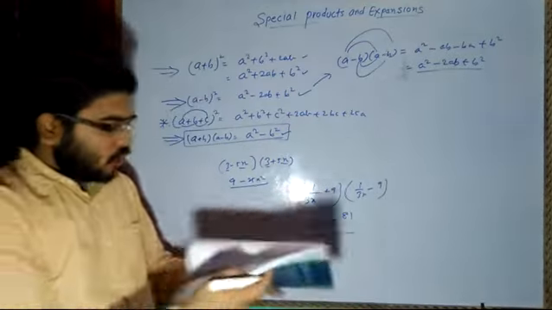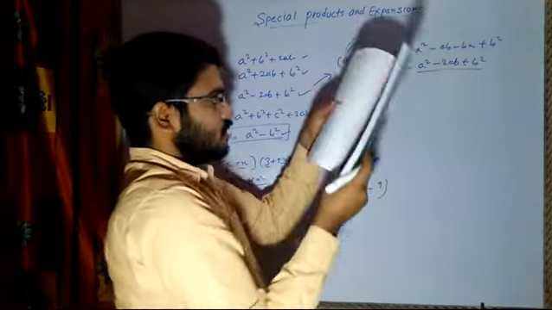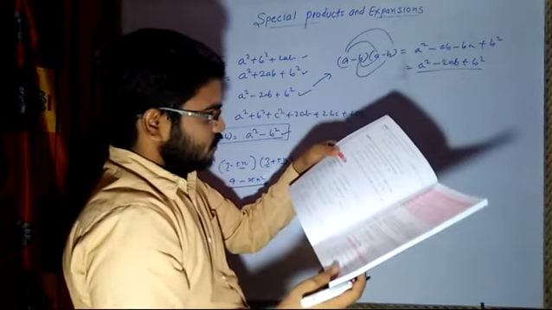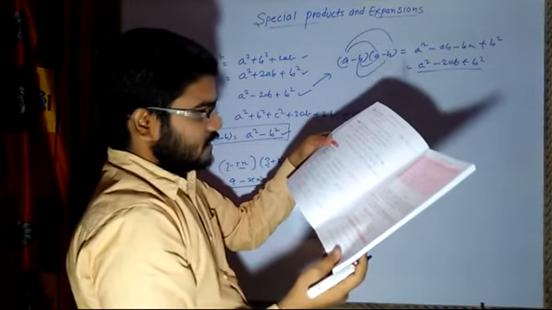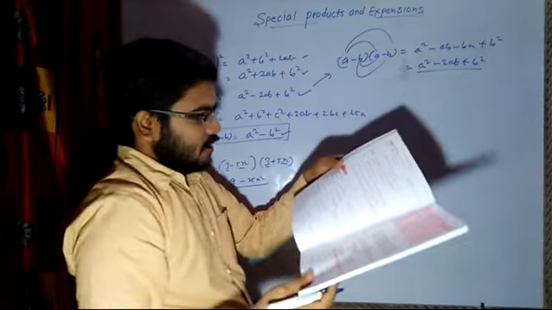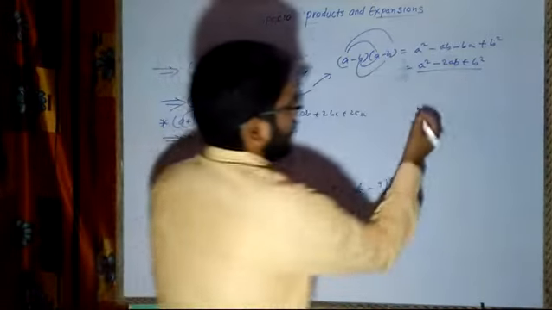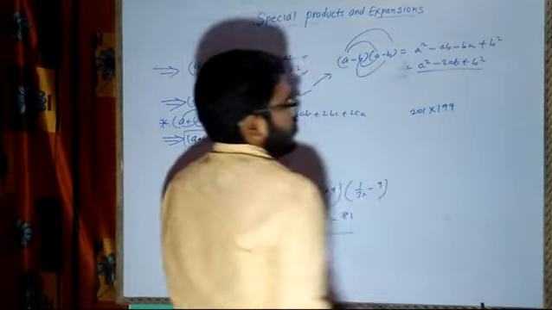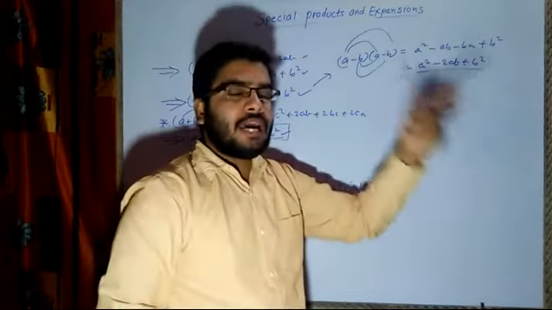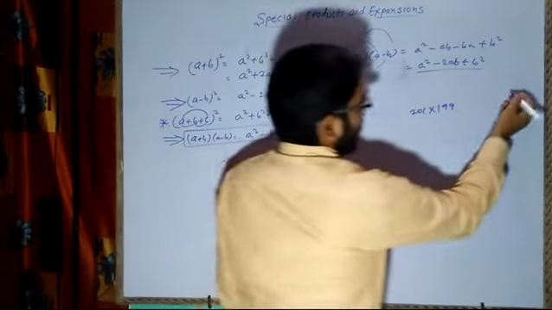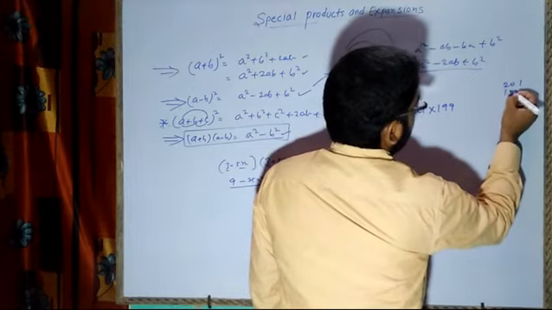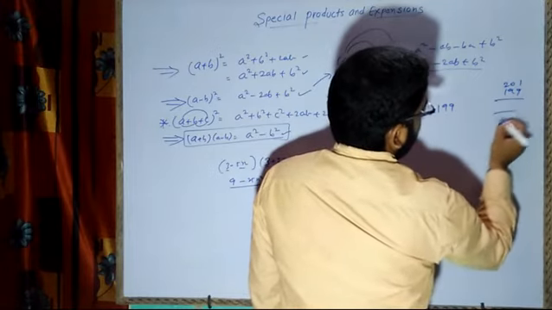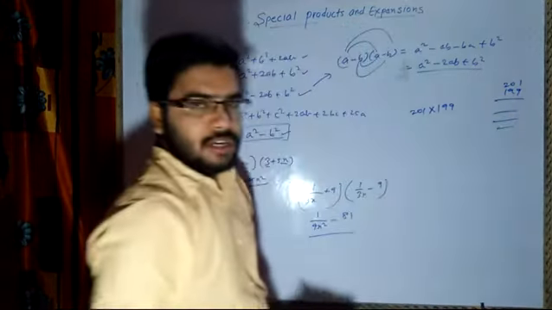Now the important part that you have to solve is like question number 6 and 7. You see they are very different type. That means if you have to multiply 201 multiplied with 199, now if you go by your old conventional method, it will take a long time to multiply.